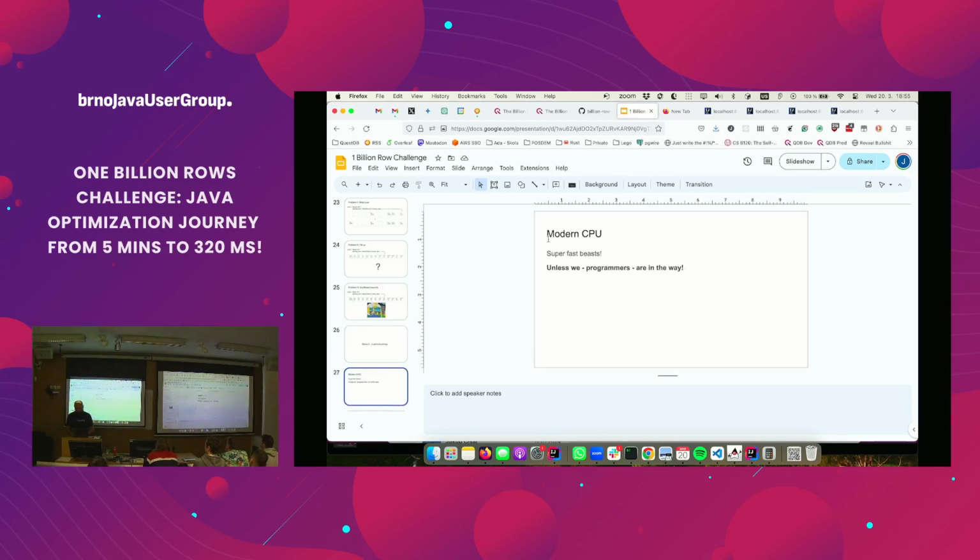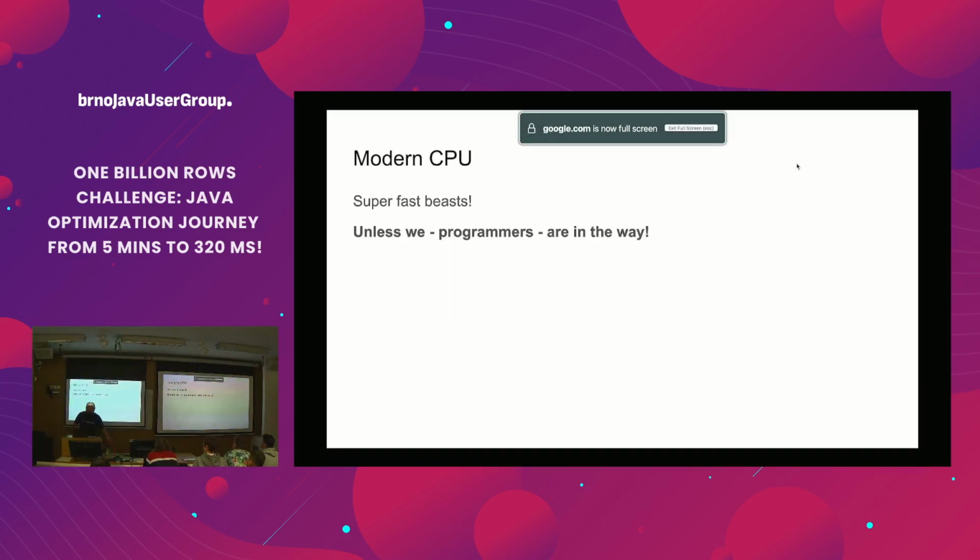We have a custom hashmap. Okay, now we are getting to more interesting stuff. Modern CPUs are freaking fast. Don't be confused by the frequency stalling for like 10 years now, around 4 gigahertz. Intel just released a CPU with 6.5 gigahertz, maybe turbo or something, right? For just 2 seconds. Yeah. So they are super fast, unless we make them slow as developers, and we often make them slow.